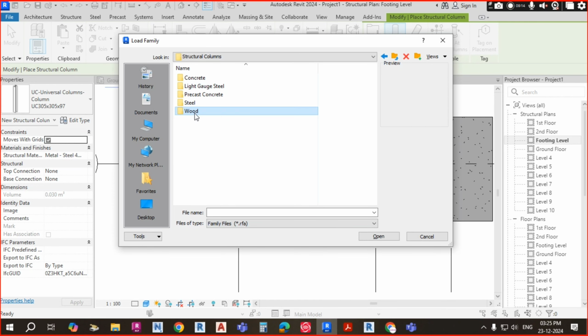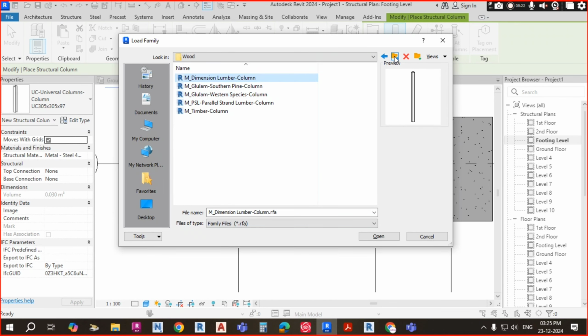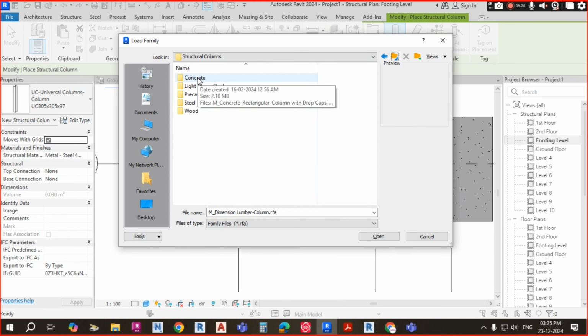And these are the architectural, wooden column and light gauge steel. This is also a steel column, but the wooden column is related to wood material. So it is an architectural column. Right now we are working with concrete, so you have to go to concrete, and you can see